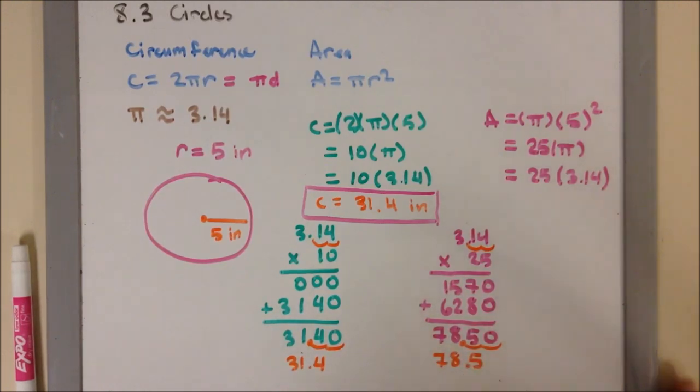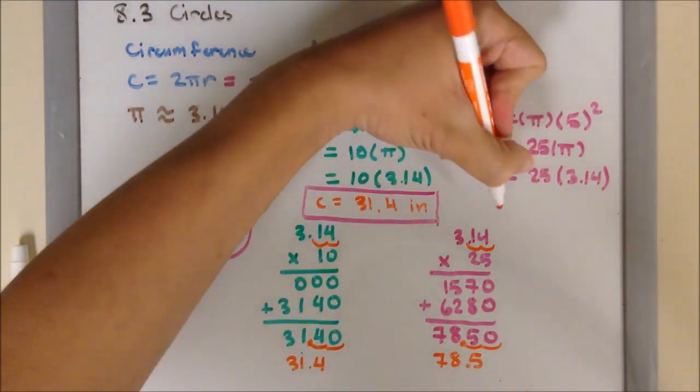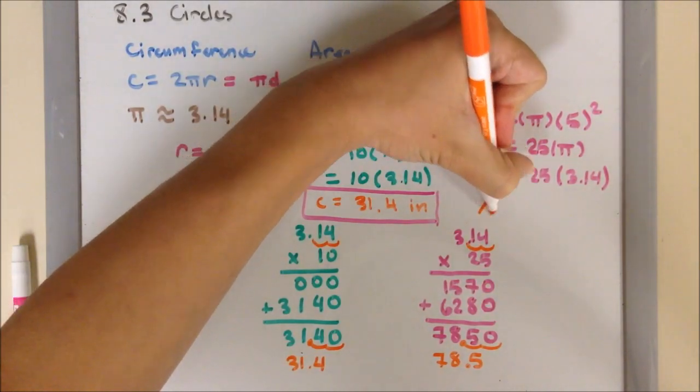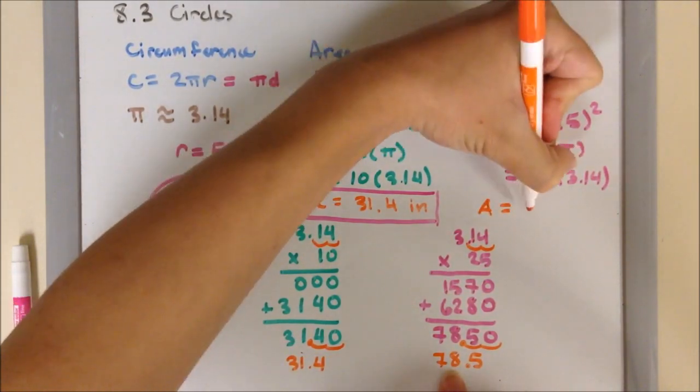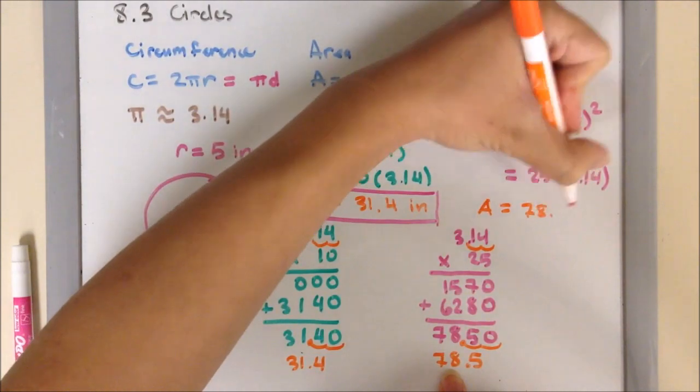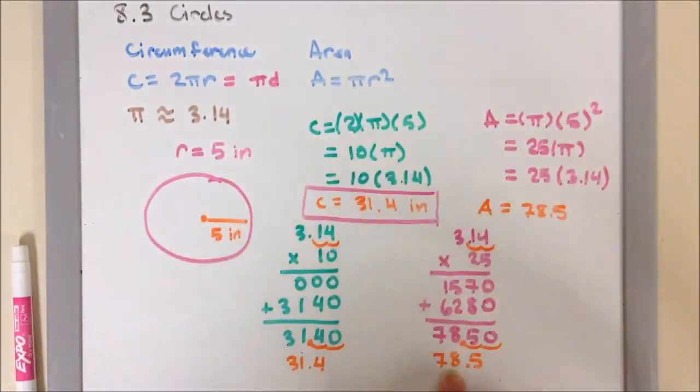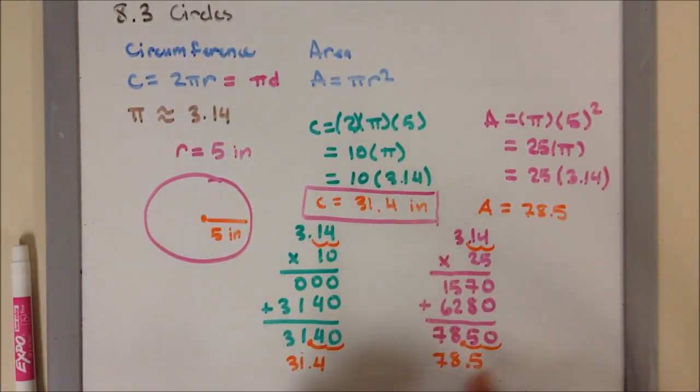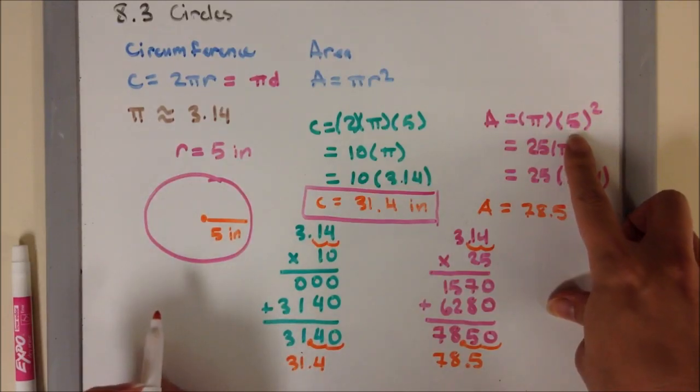78.50 or 78.5. If it ends with a 0, you can drop it. But if you include it, it's still technically correct as long as you write it correctly. So my area A is equal to 78.5. Now be very careful, since we do an area, I didn't include the units in here because I was mainly